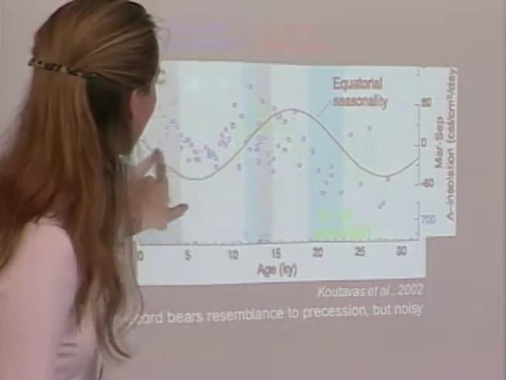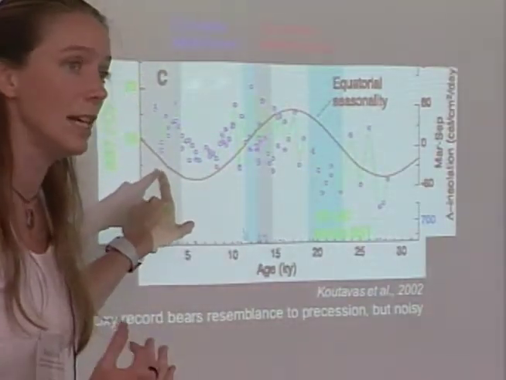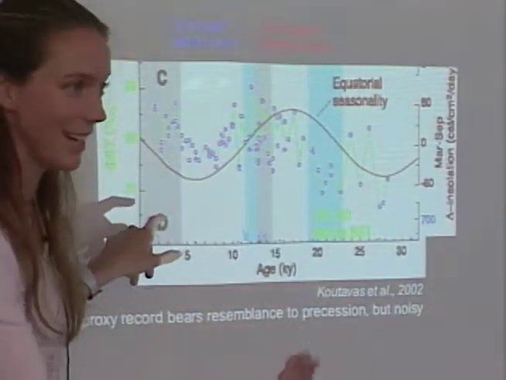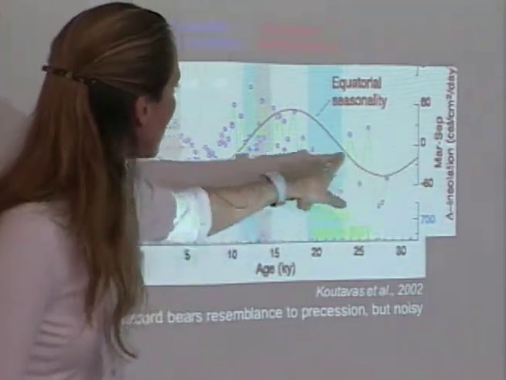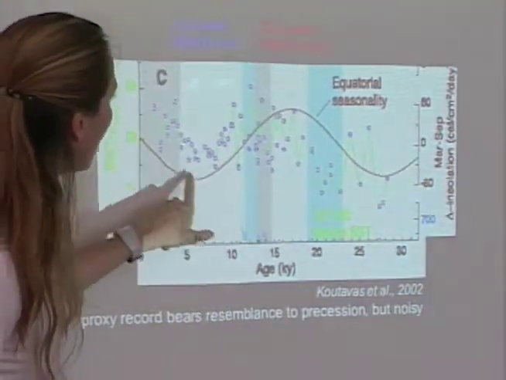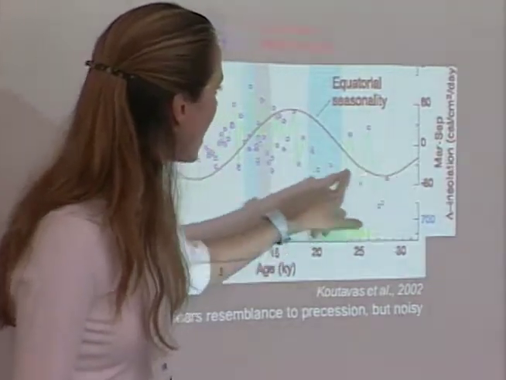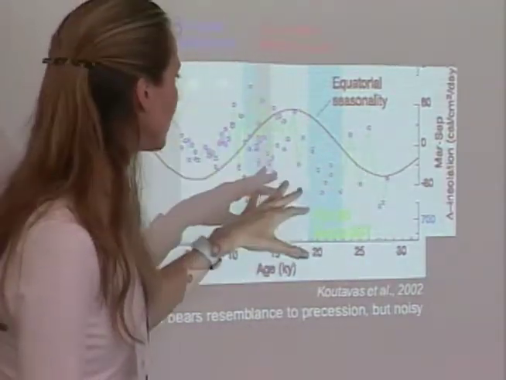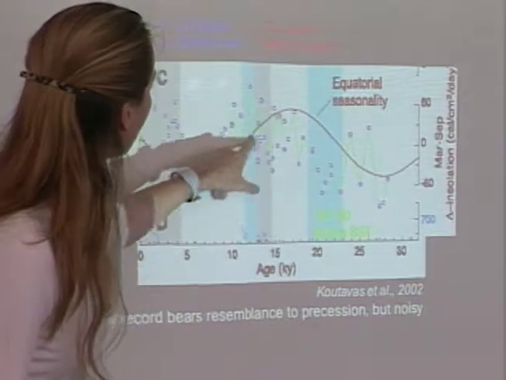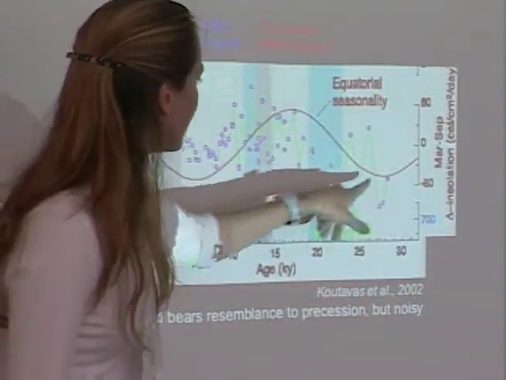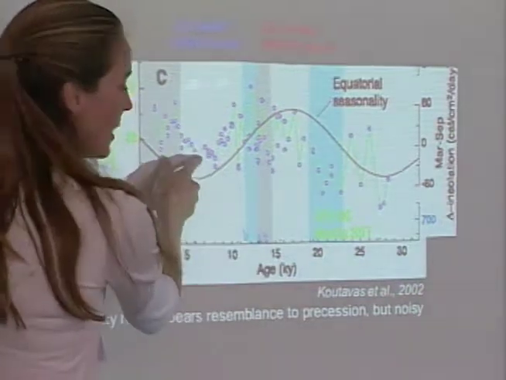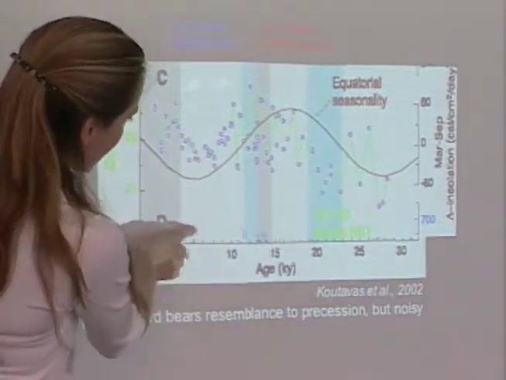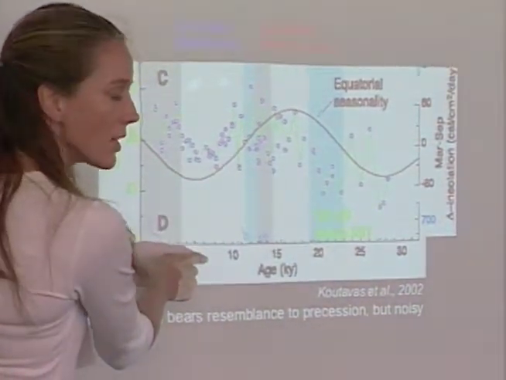And you can see the record here, and we were hoping to test the Clement et al. framework, in which precession comes along right here, driving equatorial seasonality, which increases or decreases the seasonal response on the equator. What you can see is that there's some suggestion of a dip in the mid-Holocene here. So this is at 6K, 6,000 years ago.